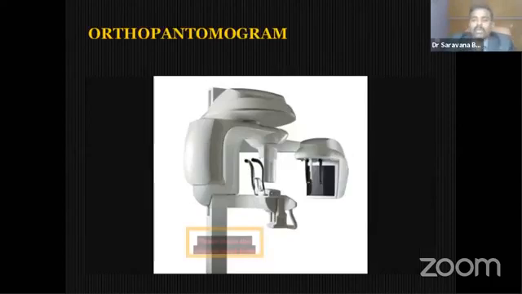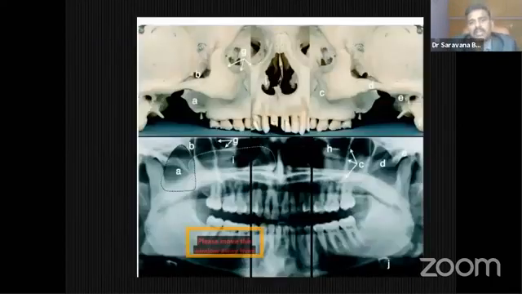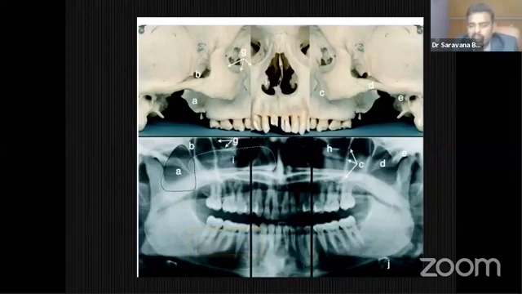So next, I will move on to the commonest imaging modality, OPG. I have put something about what is IOPA, what is OPG, and the difference between these two. I have put some IOPA pictures. Next, a very good imaging modality is OPG. We all know it is a very friendly radiograph to all dentists. It is from the 1950s that we are using this extraordinary imaging modality. It's a combination of three positions: one front AP view, and two lateral views.